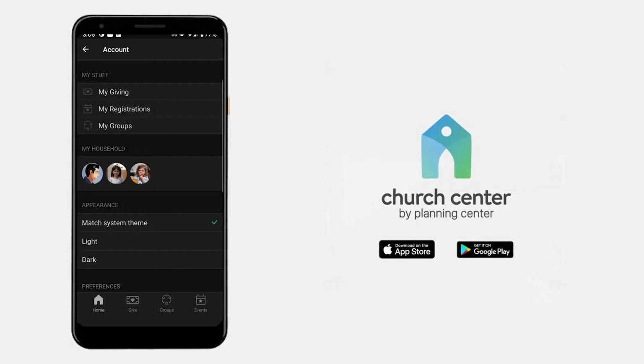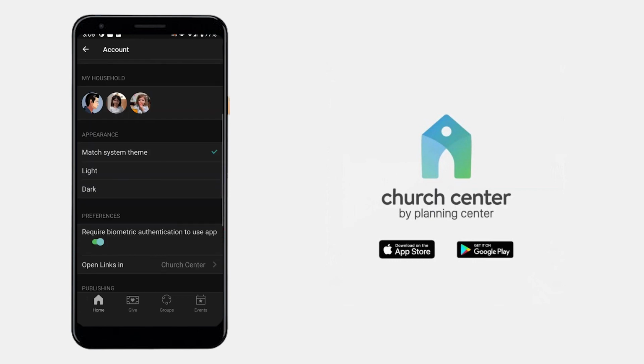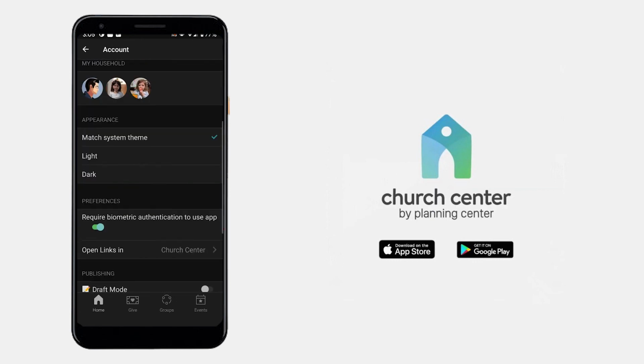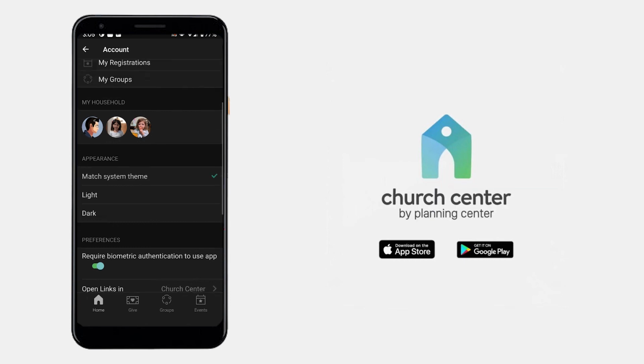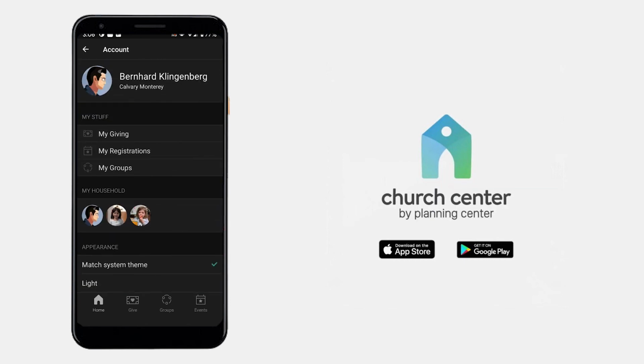This is all just preferences for your different app phone. So I have dark mode, and then this lets you toggle the biometric, the fingerprint reader basically. But if there's information you want to change about your account, you can just select your name at the top here,